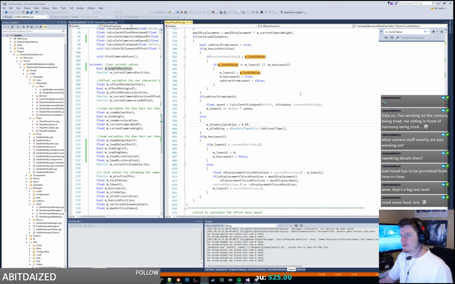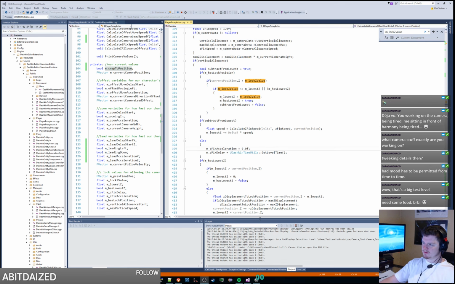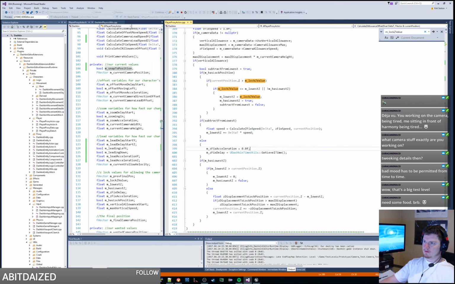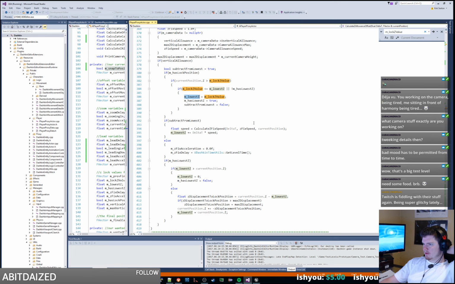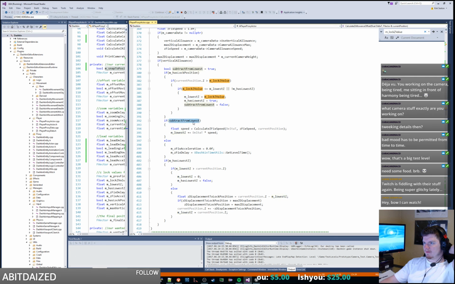So let's read the code. How is this thing actually determining where it's supposed to be? It's saying if the current position is, if we have a locked position, which we don't. So we're setting this lowest Z value, and this lowest Z value is set to the locked position. So we set the locked position properly, and then basically if subtract from lowest,